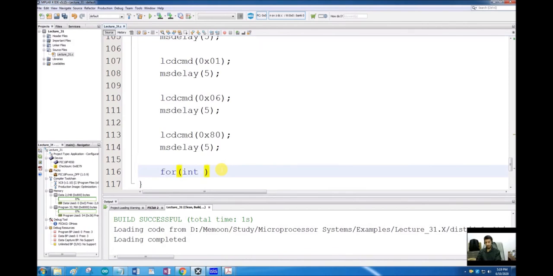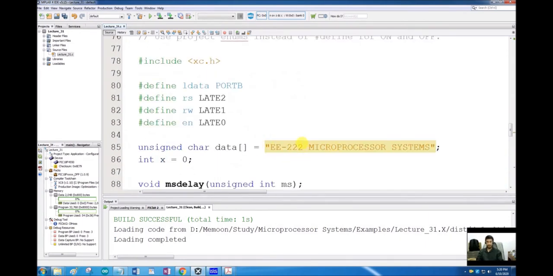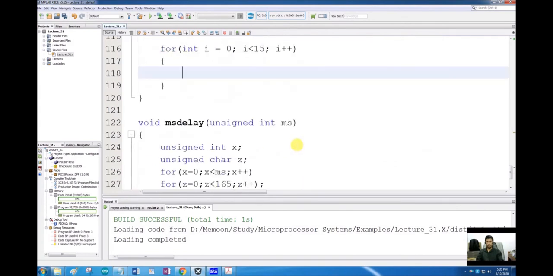For i equal to 0; i less than 15; i++, and inside this for loop I have to send this array one by one, character by character, to my LCD.